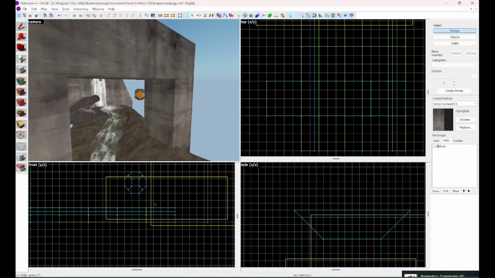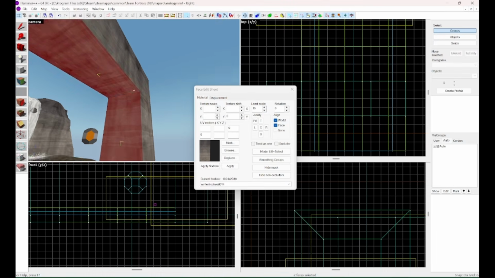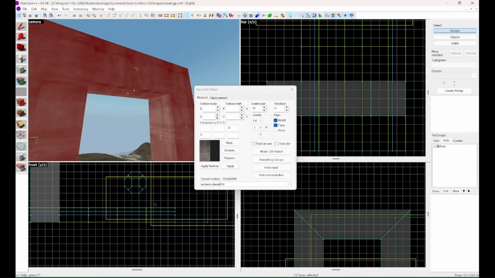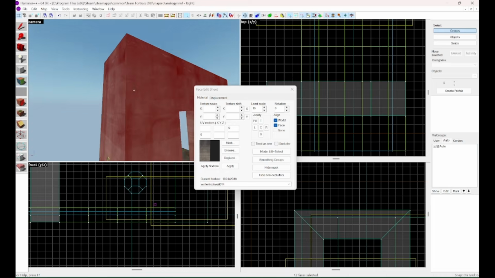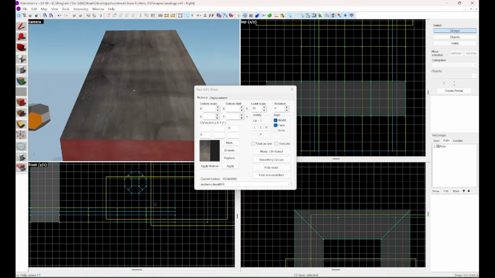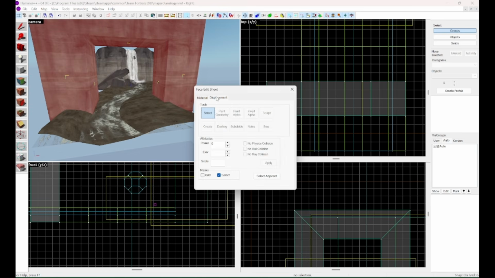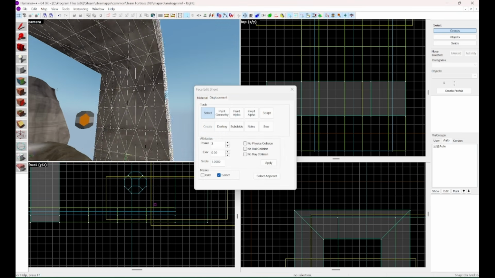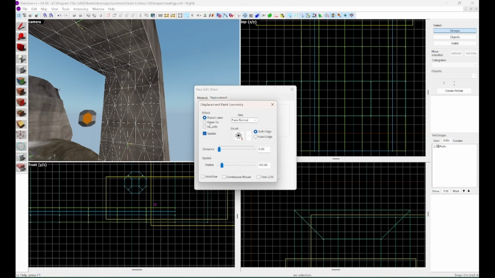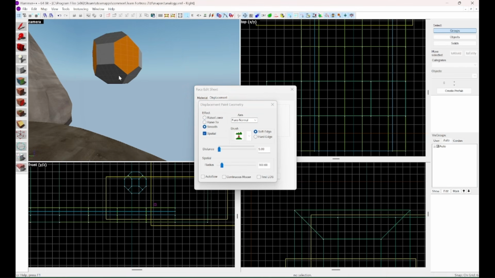Now again, the manual way to do this is you would just select only the faces you can see. So everything inside here, everything on this side, but on the inside, we aren't going to select these. Only what's visible, not the bottoms either. We're going to create a displacement. And the manual way to do this, and I do suggest that most people learn the manual way before they